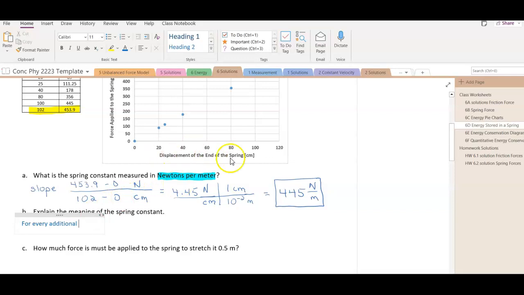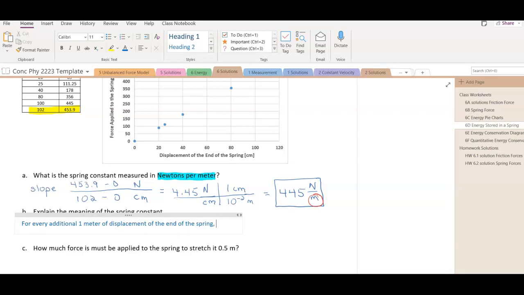My independent variable here is the displacement of the end of the spring. So for every additional 1 meter, I'm using meter because I have converted my slope to newtons per meter instead of newtons per centimeter. So for every additional 1 meter of displacement of the end of the spring,